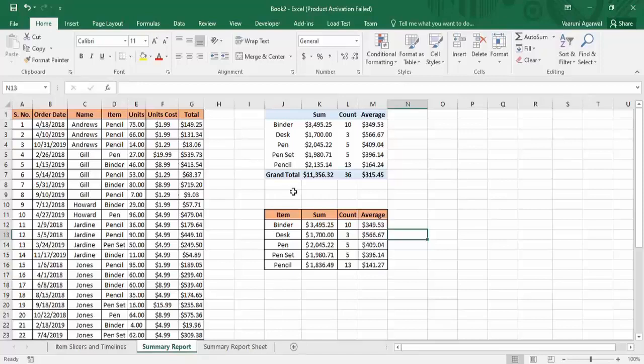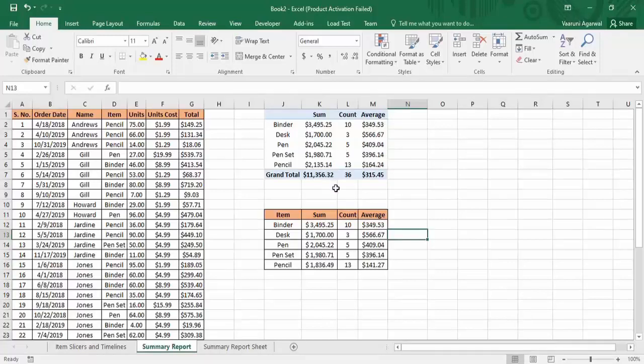It is basically a kind of report, as the name suggests. And what is this type of report? It is a report that tells us how much sales was done. Suppose we are constructing it for a sales table. It would tell us how much sales was done, the total amount of the sales, and for that particular item how many times that item was sold, and its average. These are the three basic things that are taken into consideration while constructing a summary report.